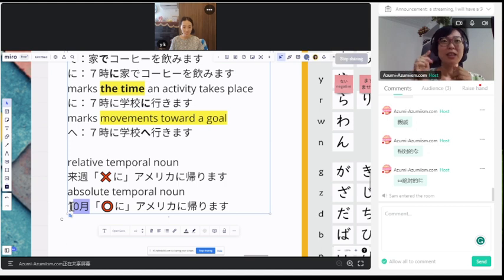But think about it: today, 来週 is like 7 days away, but next week, 来週 becomes a further 7 days away. So the meaning moves according to the context, it's always relative. That's why